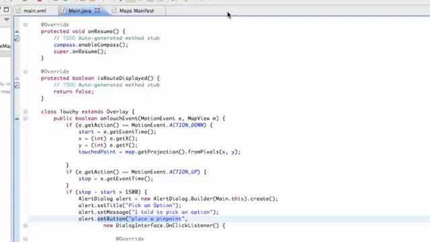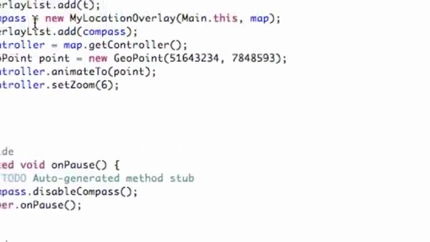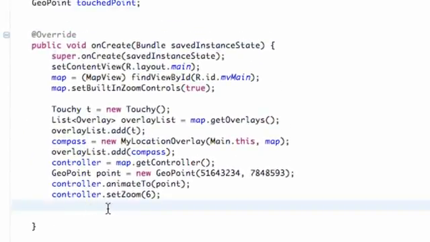But there we go. We're pretty much done with that custom pinpoint class, and now we can actually refer to it within our main class, or actually within our touchy overlay class, which is within our main class. And we're going to do that within the onCreate method. So again, remember, we have a constructor for that custom pinpoint class that takes in a drawable, and it also takes in a context. So what we're going to do is scroll up to our onCreate method of our main class and create a drawable